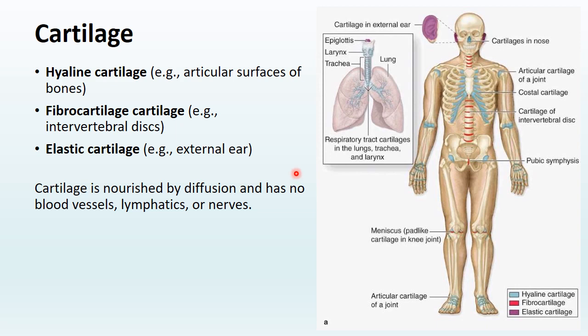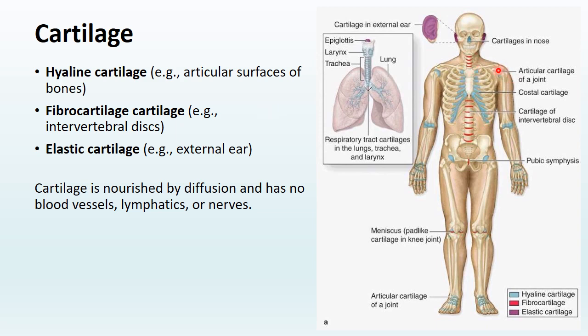Cartilage is avascular connective tissue. A prefix A means without, so avascular means without blood vessels. Cartilage is more resilient than bones because it is not calcified as bone. There are three types of cartilage: